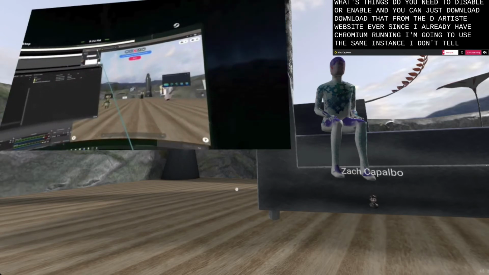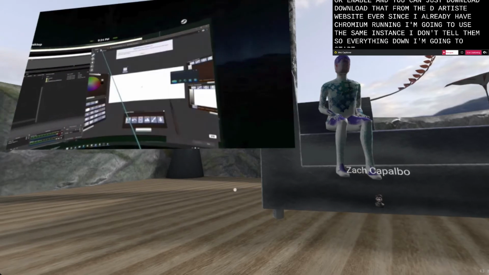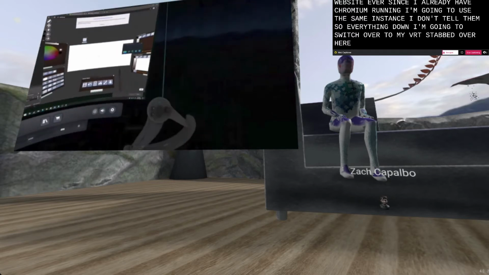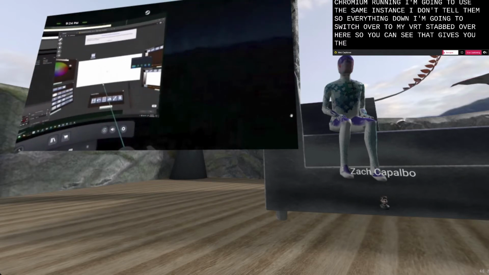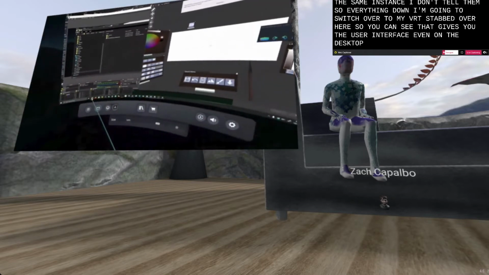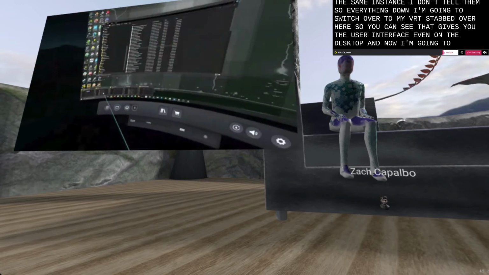However, since I already have Chromium running, I'm going to use the same instance so I don't slow everything down. So I'm going to switch over to my VRTeast tab over here. So you can see it gives you the user interface even on the desktop. And now I'm going to take that,